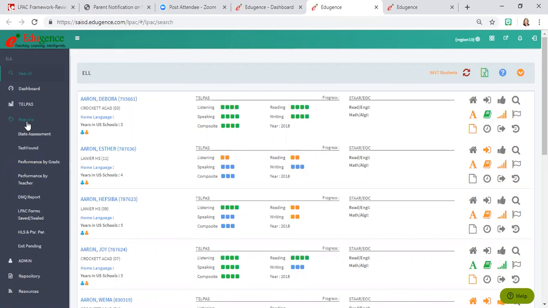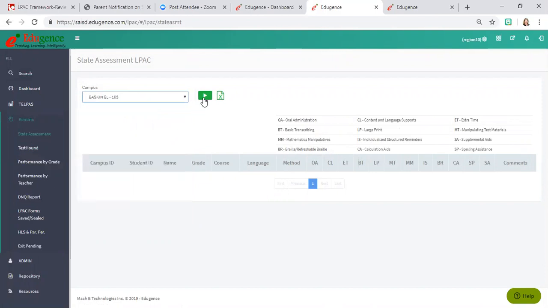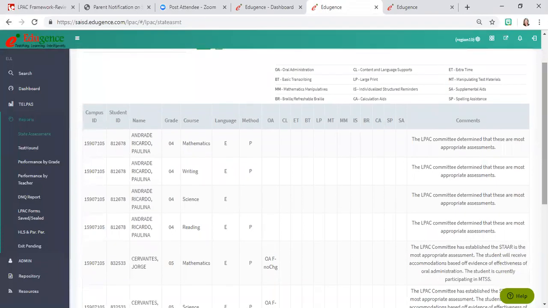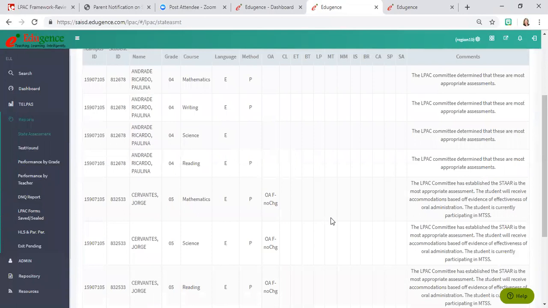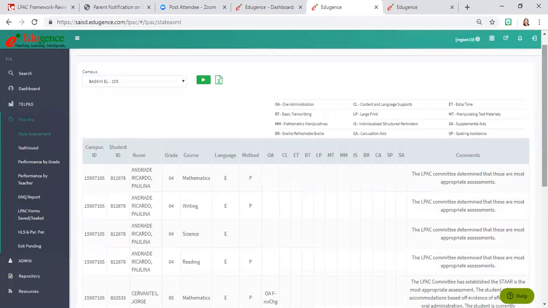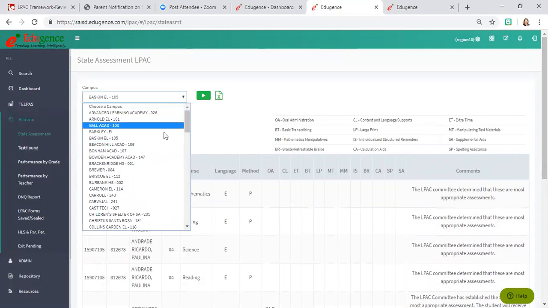So under reports, if you wanted to see all of the state assessment decisions that were made, you can do that. So this one right here gives you the student and the subject that they're taking the STAAR in, and then anything that was given for those students. Where's that from? Baskin? Yes. So you would just make a selection and